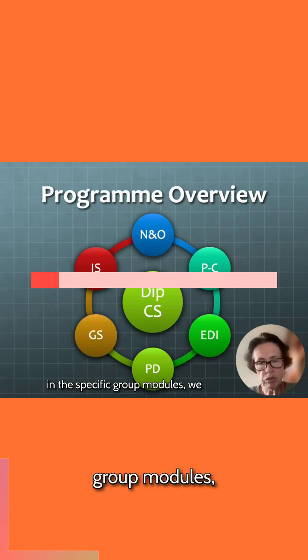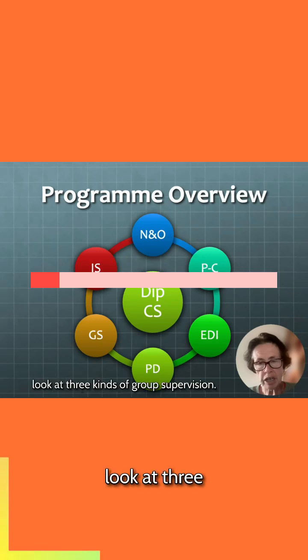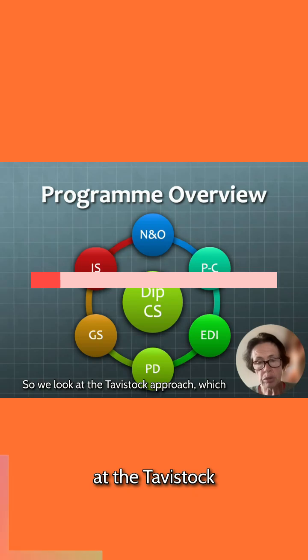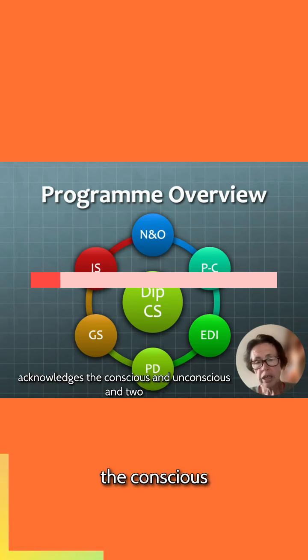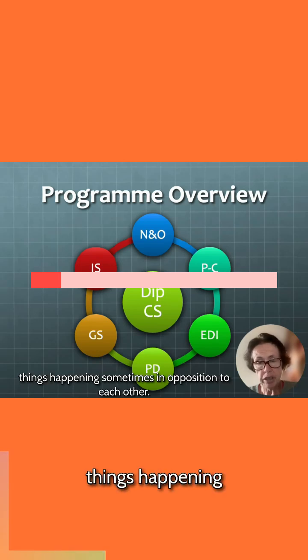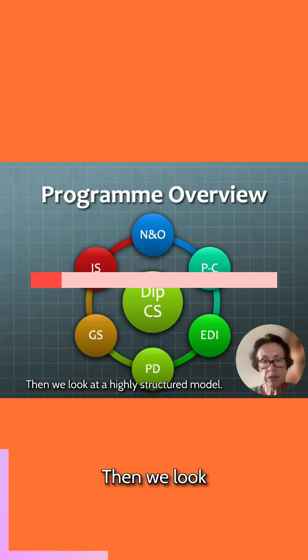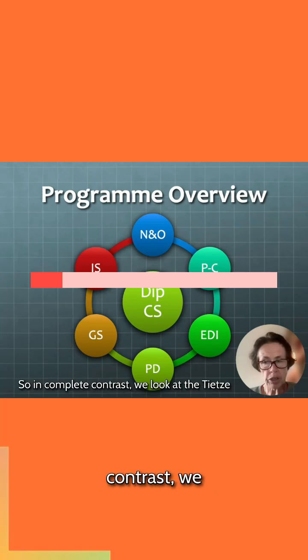In the specific group modules, we look at three kinds of group supervision. So we look at the Tavistock approach, which acknowledges the conscious and unconscious, and two things happening sometimes in opposition to each other. Then we look at a highly structured model, so in complete contrast, we look at the Tietze